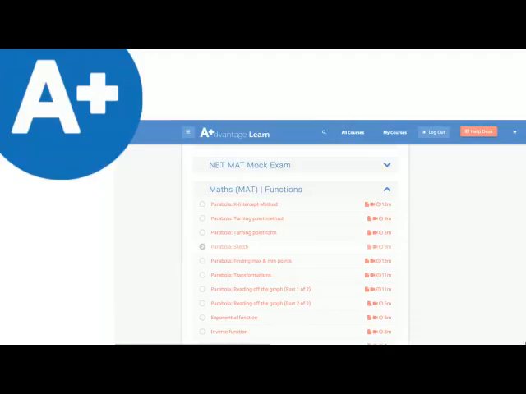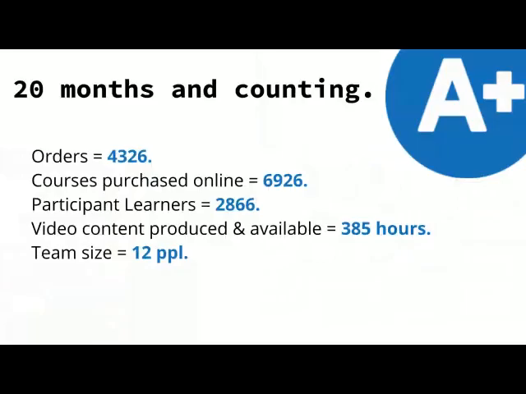So it just showed how quickly we could customize the LMS by adding on extensions, whereas before it really seemed quite difficult with Moodle. Yeah, and we've been running that instance now for about 20 months. We've put through 4,300 orders through WooCommerce, and of those, the courses that have been purchased is almost close on 7,000. We've got 2,800 participant learners, and we're delivering quite a vast amount of content quite quickly.